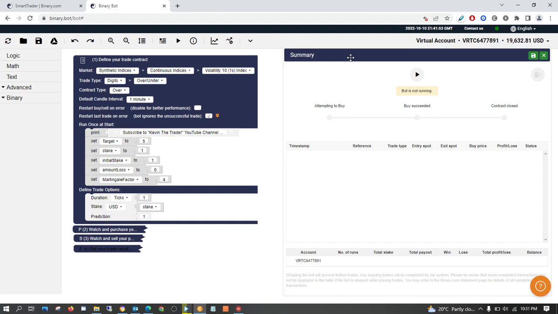Okay, because you see, if the binary system updates their website, then it resets all the numbers that are going on, and when it resets all the numbers, then it can go against you, and if it goes against you, you will start losing money, even the one that you had actually made.